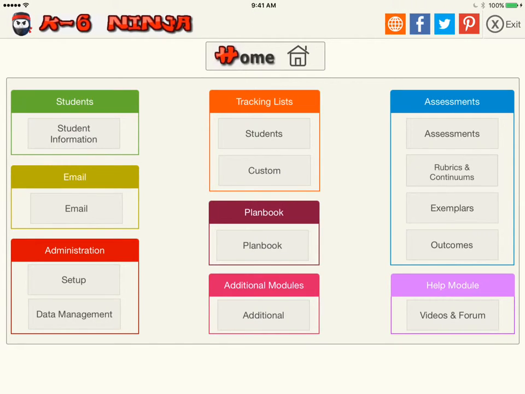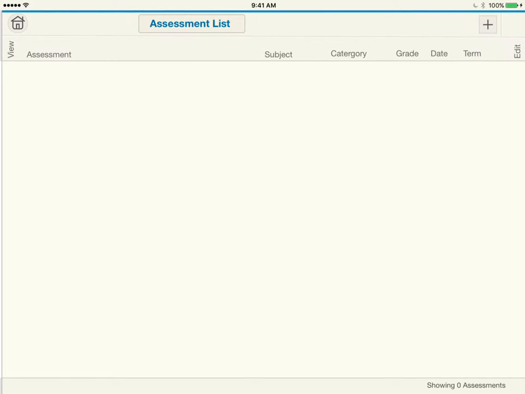To create a reading assessment, just go to Assessments, and your list of assessments would be here. There are no assessments right now, but I'm going to add an assessment. So to add anything, just press the plus button in the top corner,